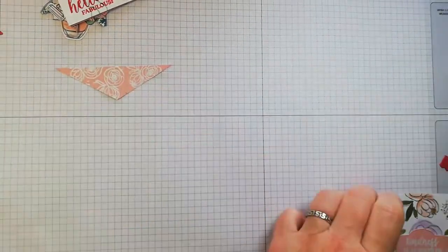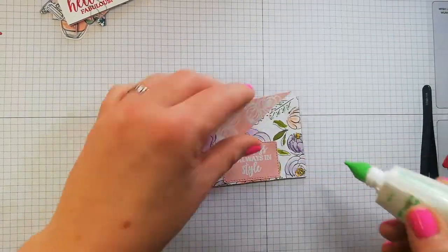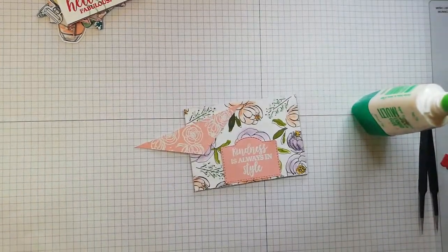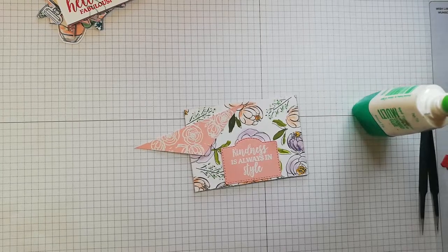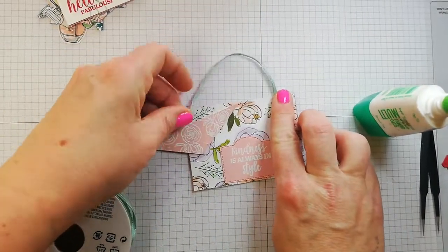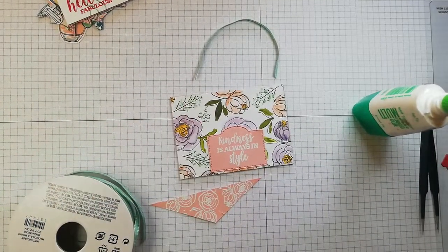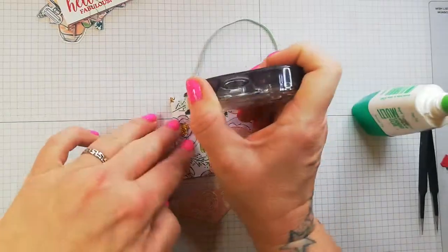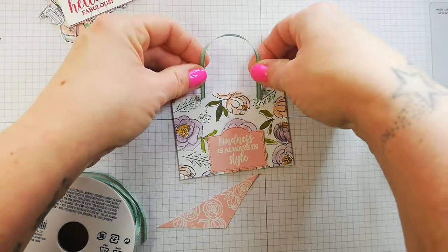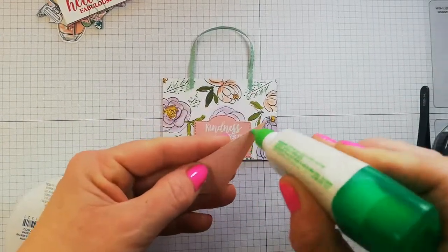Right, so let's make this into a little bag. Right, now I think I can add a little bit of the coordinating ribbon. I don't know if you're meant to do that on an artist trading card. I'm just going to make a little handle. Okay. Now what I'll do is I'll get my wet, not my wet glue, I'll get my snail. Okay, and make sure your ribbon is not all tangled. So pop that one there, pop that one there. Adorable. And I'm also going to add some wet glue